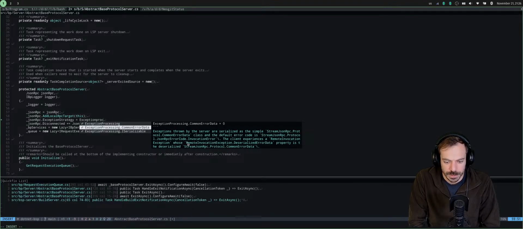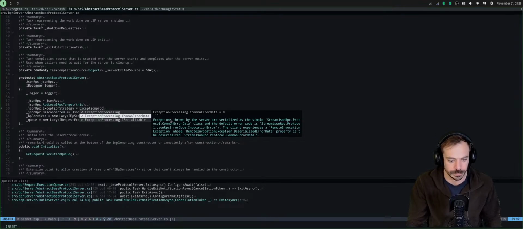The client experiences a RemoteInvocationException whose DeserializedErrorData property is the deserialized StreamJsonRpc CommonErrorData.